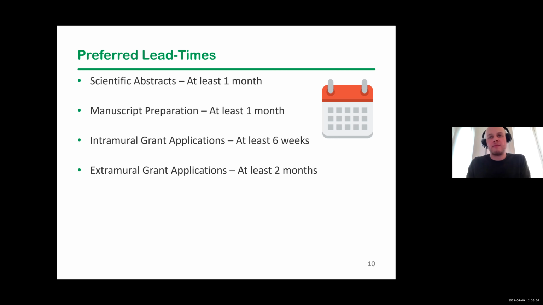So if you work out the math on that, which I have not, that's tens of projects per person that each individual is managing. So the more lead time you give us, generally the better we can help you to make sure your study is done well, and then we can analyze it in an appropriate amount of time and meet your deadlines at the end of the day. So when you're thinking of us, at least as a rule of thumb, at least give us a month. A month almost always is going to be good enough to at least get you some deliverable back.